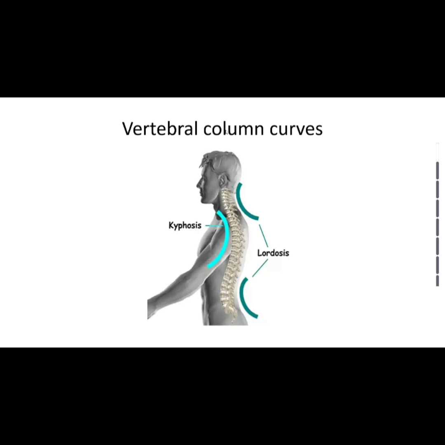So vertebral column curves, the secondary curvatures, which I had said are the cervical and lumbar, bring the center of gravity to a vertical line, which allows the body's weight to be balanced on the vertebral column in a way that expends the least amount of muscular energy to maintain an upright bipedal stance. Bipedal is basically standing upright using the feet or the legs, the lower limb. You see, animals will use all fours, but for us, we are